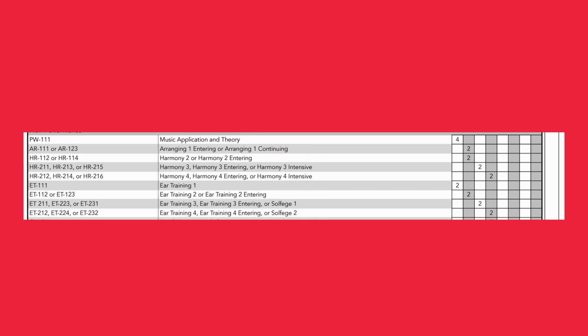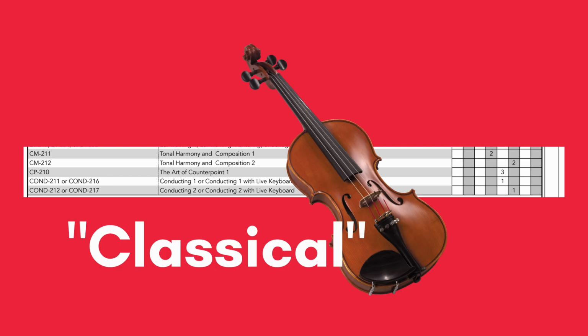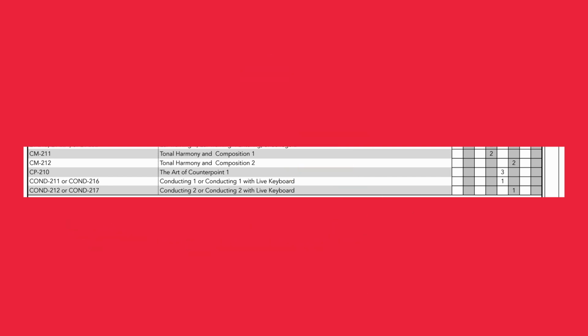Your jazz classes like harmony, ear training, and arranging are all laid out pretty much exactly as your major grid says. Sometimes in your classical core, you can decide if you want to take classes like tonal harmony and composition 2 at the same time as counterpoint, or take your conducting classes a little bit earlier in your time here. Just make sure that you are meeting all of the requirements that are required of the classes that you are